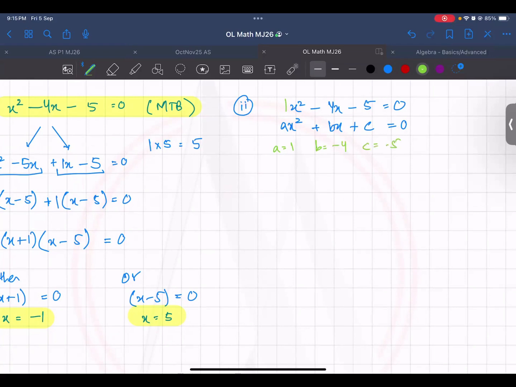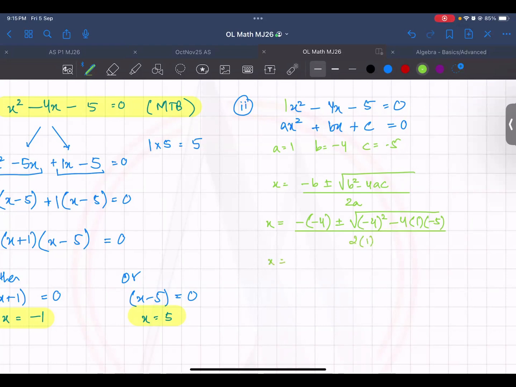And then you would replace it in the quadratic formula. Minus b plus minus under root b square minus 4ac upon 2a. And now the minus is a part of the formula. Then b is minus 4 plus minus under root. Look at how I am writing all of these terms down in their places inside the bracket. a is your 1, c is minus 5 upon 2 times 1. Then plus minus, minus minus 4 would become plus 4.